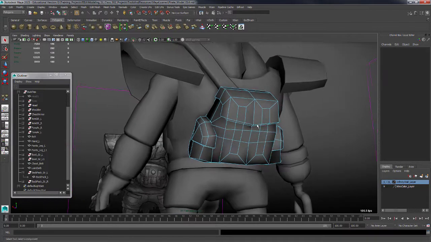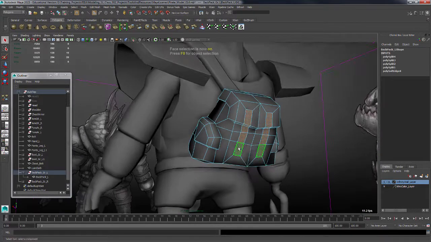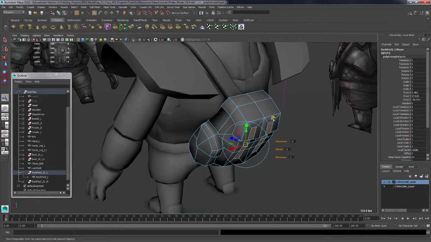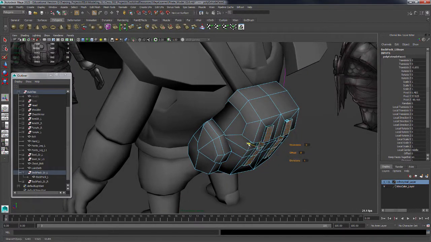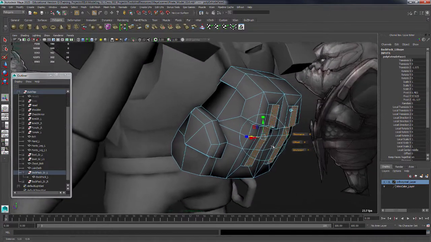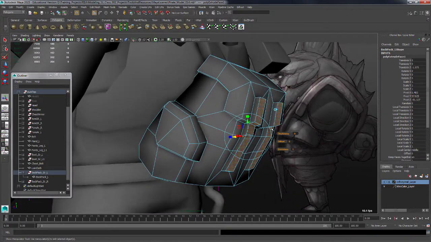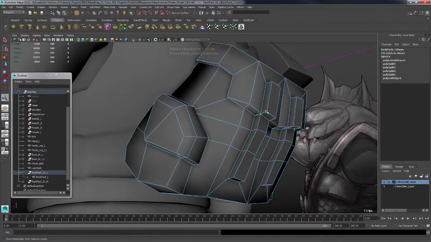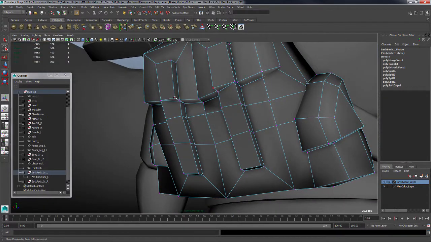Now I'm going to take these faces, select them, and extrude them out. And then this time I'm just going to move it in world space. I just click that little icon here and move it straight back. And I'm not getting that right there. Okay, so there we go. This time though, I'm going to take these verts right here and here, merge them to center, do the same thing for this and this, hit G,